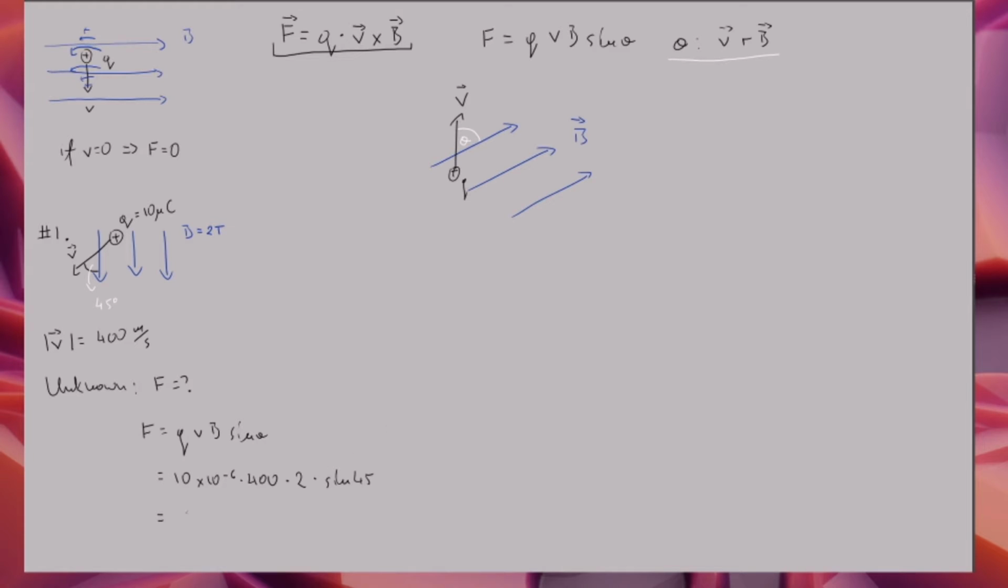Okay, so I got 5.7 times 10 to the negative third. And units would be newtons, because this is just a force. So this would be the magnetic force exerted on a charge that moves at a specific speed through a specific field in a specific direction. All right, now,